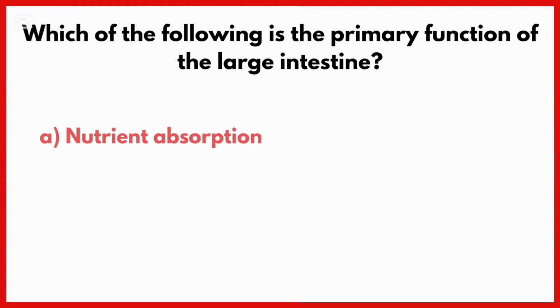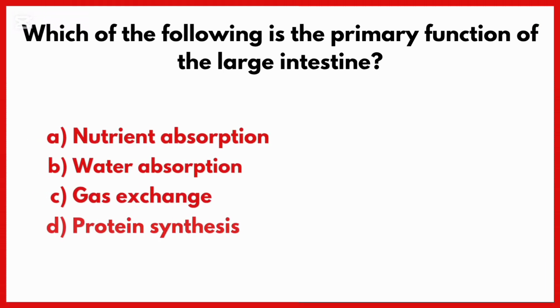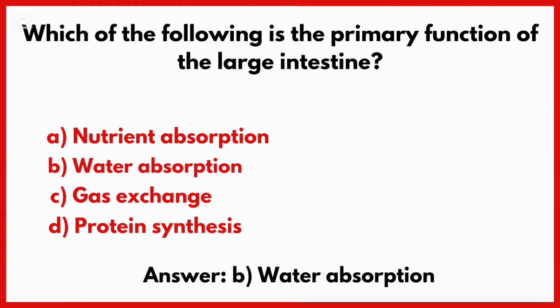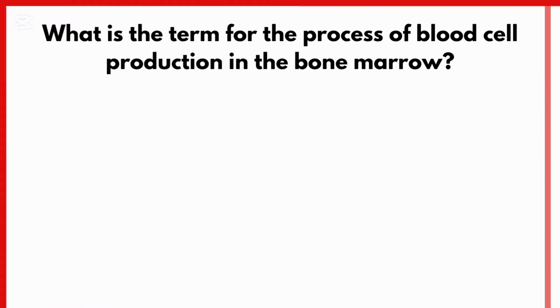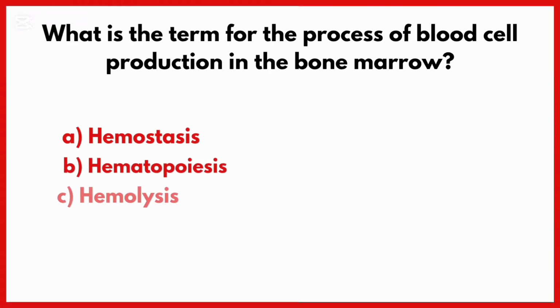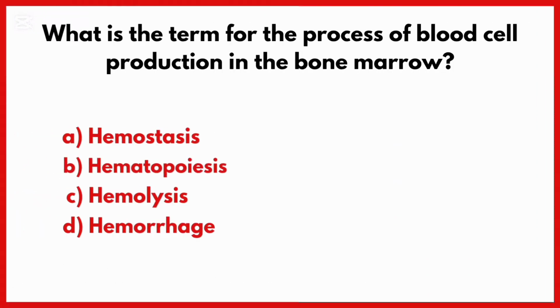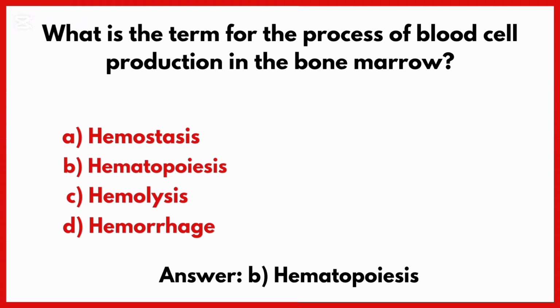Which of the following is the primary function of the large intestine? Correct answer is option B, water absorption. What is the term for the process of blood cell production in the bone marrow? Correct answer is option B,